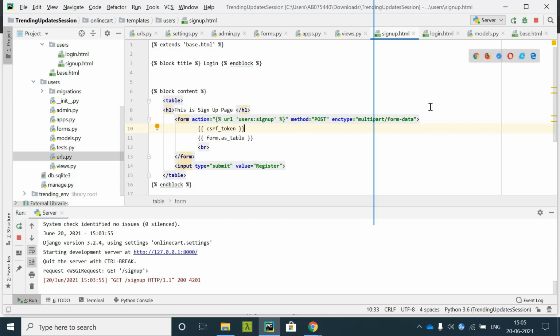If this token is incorrect, this is the security feature provided by Django to avoid any attacks that can happen from your form's input text.